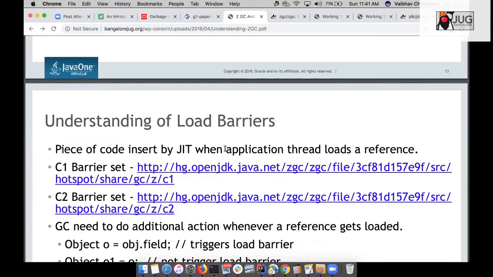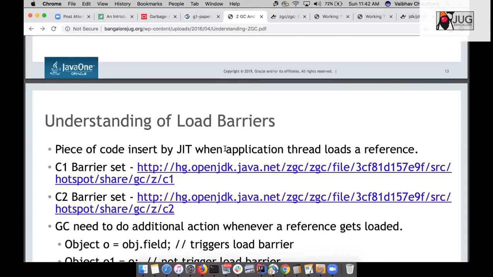Load barrier is again very important, because you know the JIT code and the garbage collector always need to keep communicating with each other, right? The JIT is the compiler which optimizes the code. Because the JIT compiler has the capability to change the data structure, the JIT really has to tell the garbage collector, okay, I am changing something here, please don't go and do a garbage collection, because this data structure has been modified by me. That is the reason we put a lot of barriers, so that the garbage collector threads can understand, okay, don't go into this area to clean the object.